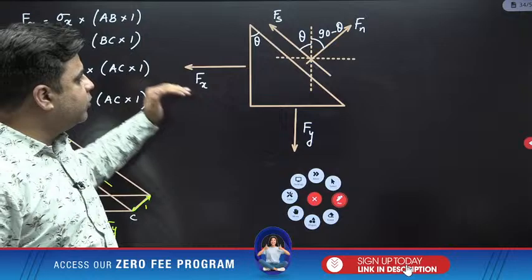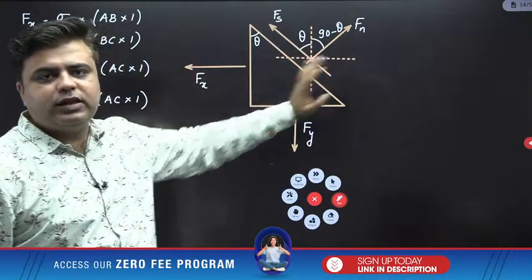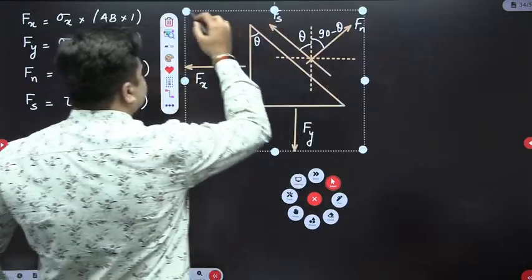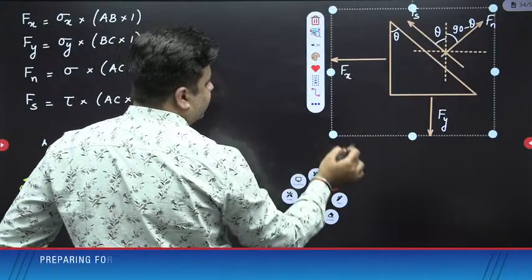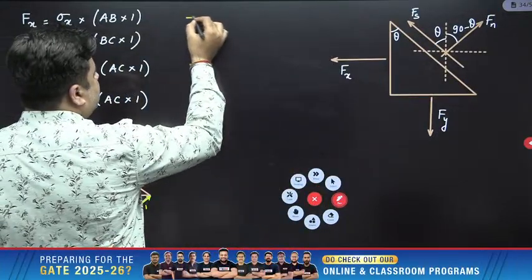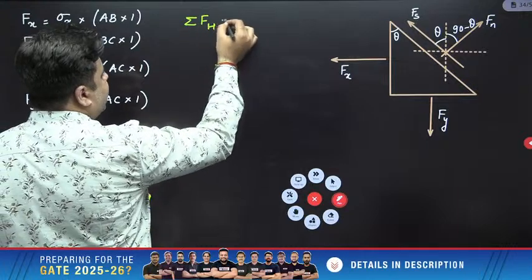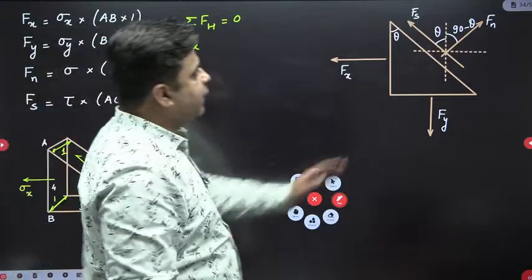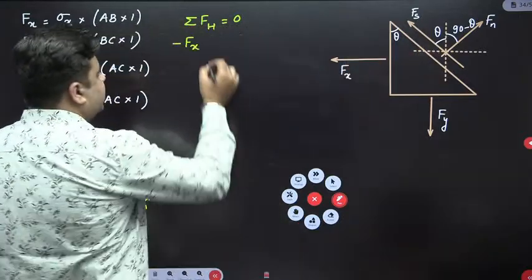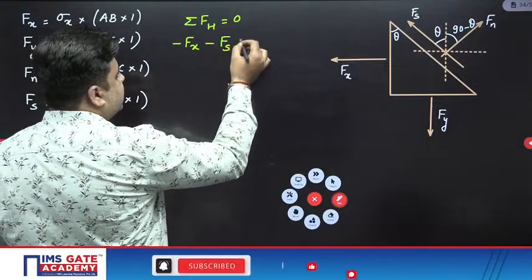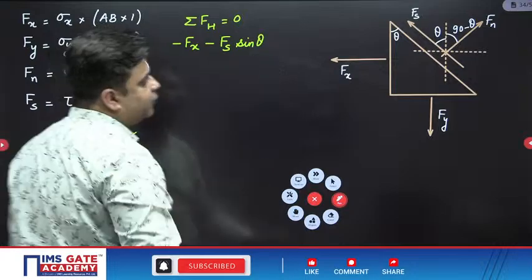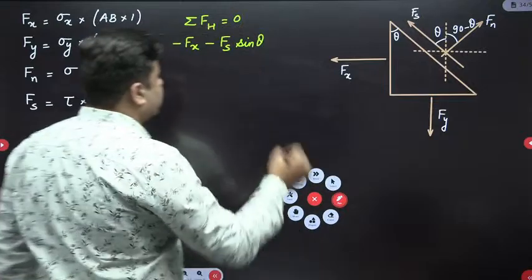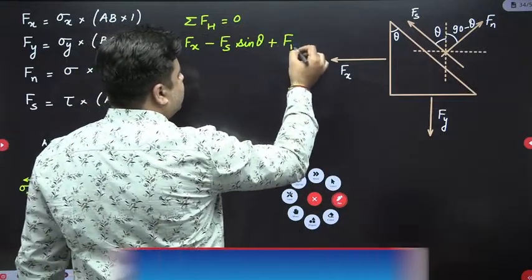So I have to simply write down summation of horizontal forces equal to 0. So I have Fx acting this side, so minus Fx. Then this Fs sine theta again acting this side, so minus Fs sine theta. Then I have this Fn sine of 90 minus theta acting this side, so plus Fn sine of 90 minus theta